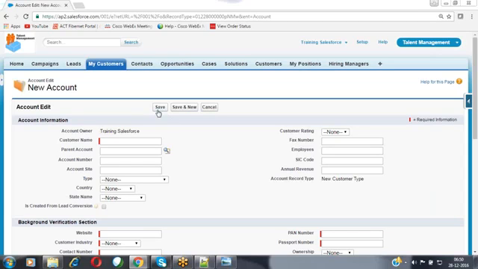Now when coming to this standard layout, we have that save button. After entering some data inside this account record, when you click on the save button, automatically your account record will be saved. But it won't verify whether an account record with this account name already exists or not. It won't cross-check that. Blindly it will be saving this record into the associated object here.